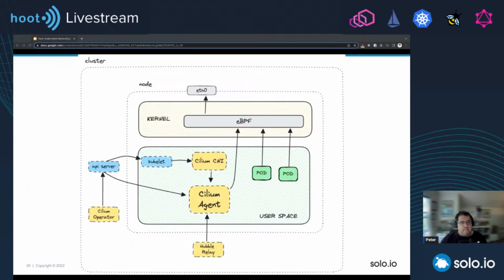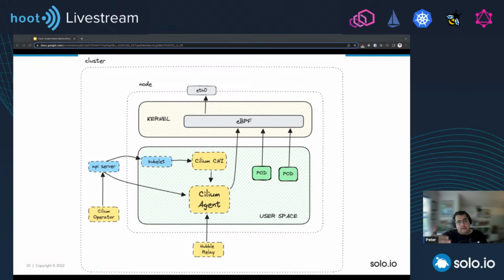So what are some of the building blocks when you install Cilium? Cilium agents run as a daemon set, so there's one agent per node. Think of it like a kube-proxy, one per node. That Cilium agent talks to the API server. It interacts with the Linux kernel, so it loads the eBPF programs and updates the eBPF maps. Maps are the way to store and exchange information. But it also talks to the Cilium CNI plugin and gets notified whenever a new workload gets created or deleted, right?